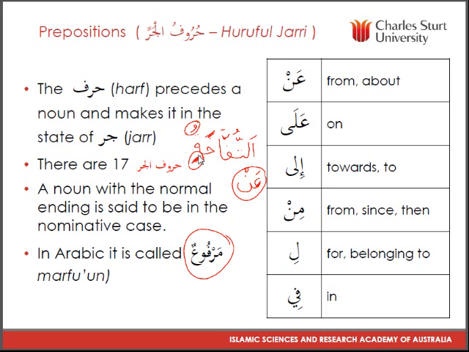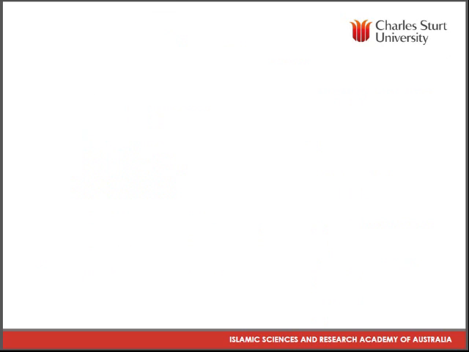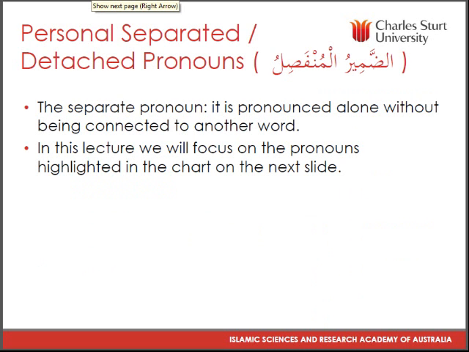This, in Arabic, is called marfu. Nominative is marfu. Normally, when we are saying kitabun, qalamun, al-madrasatu, al-jami'atu, the normal case is marfu. It is nominative. Marfu means nominative in English. But when you prefix with these prepositions,